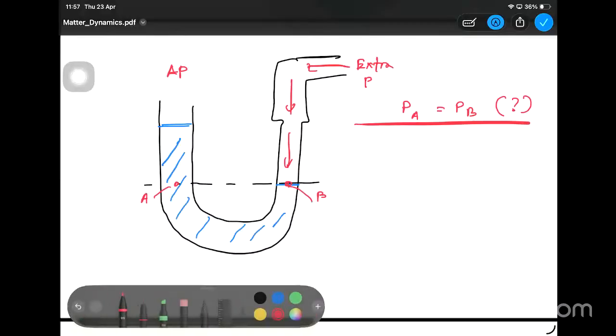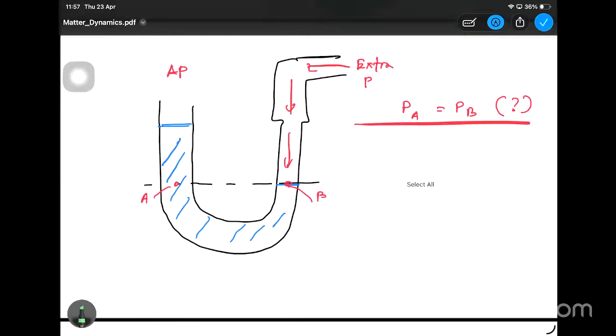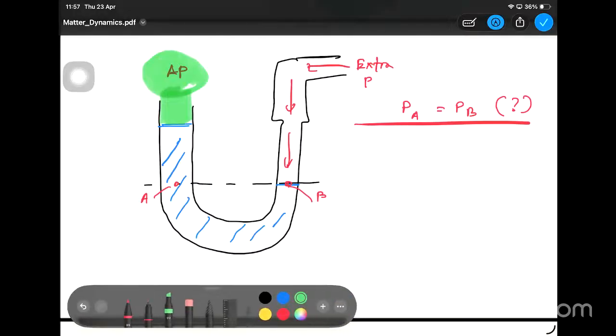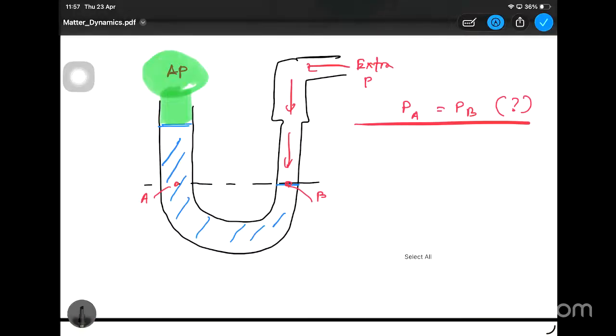So as I'm mentioning, you need to start at a point and come from the outside world, right? So here you are having the atmospheric pressure. Up to this place, you are experiencing the atmospheric pressure. And if I take this liquid difference H,